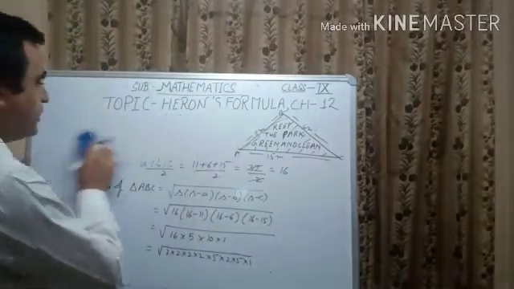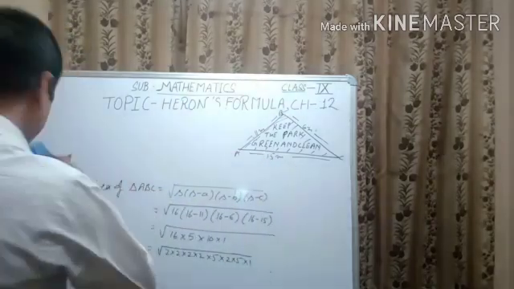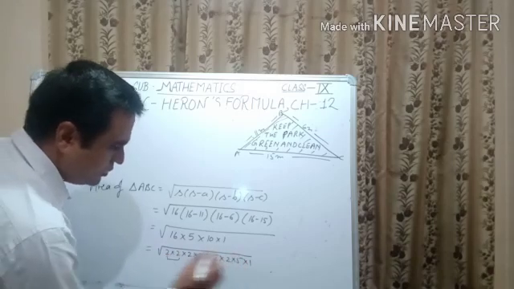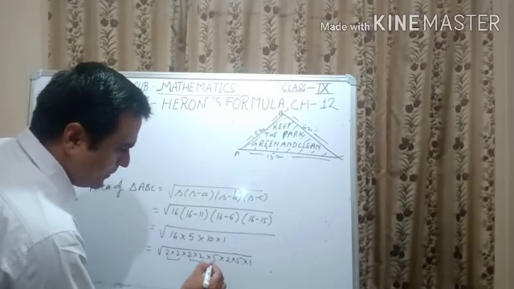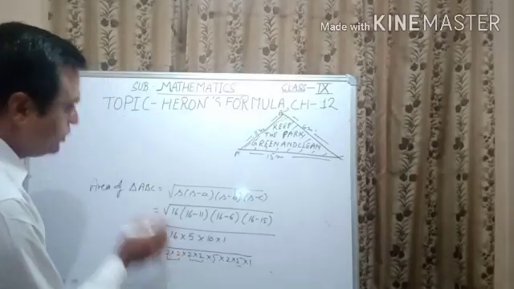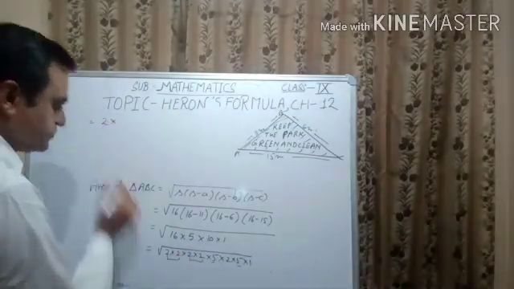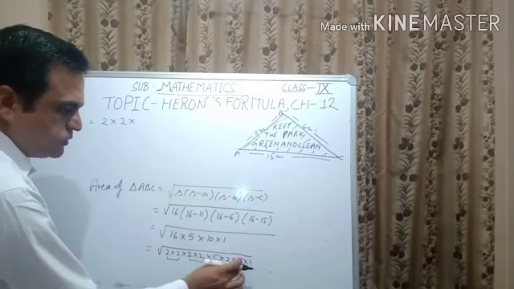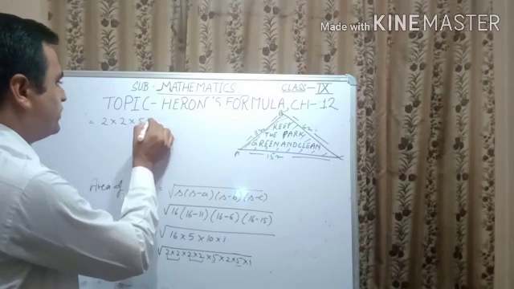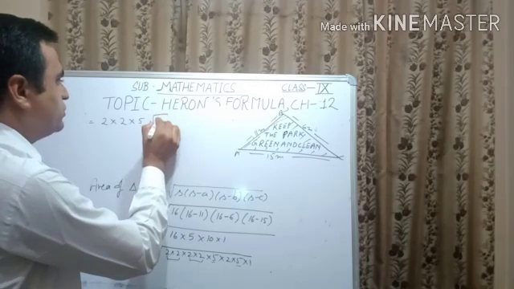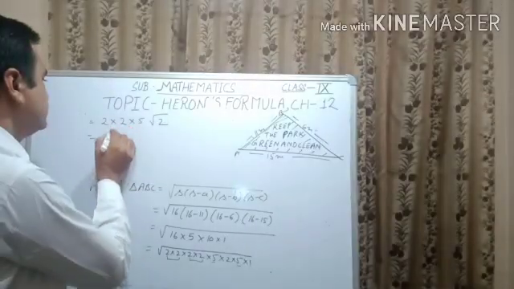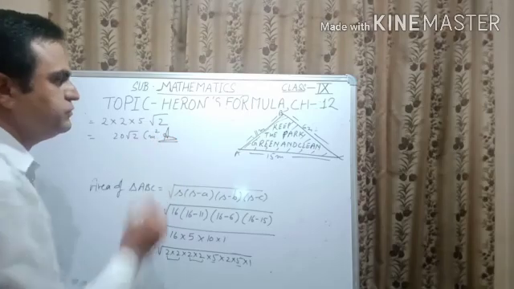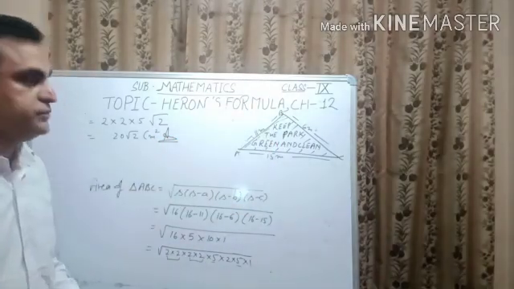Now we take common out. From one pair we have to take out a single digit because here is the sign of square root. First we take 2 into 2, only one 2 comes outside. Among these 2's only 2 also comes out. From these both 5 we take out only one 5, and square root of 2. Multiply these numbers: 20 under root 2 centimeter square. This is the area of this portion.